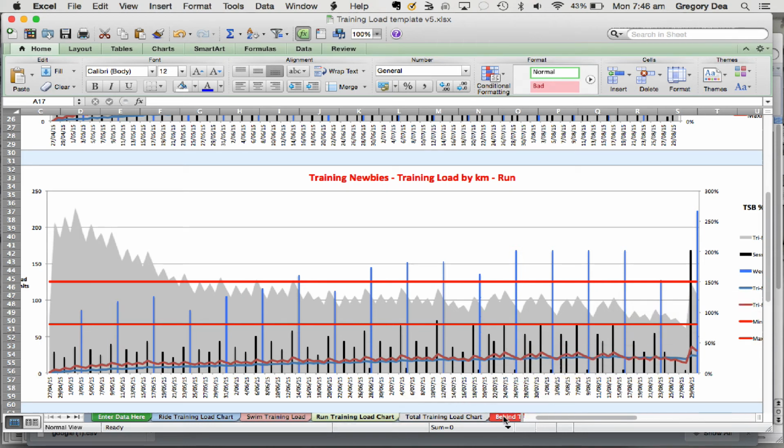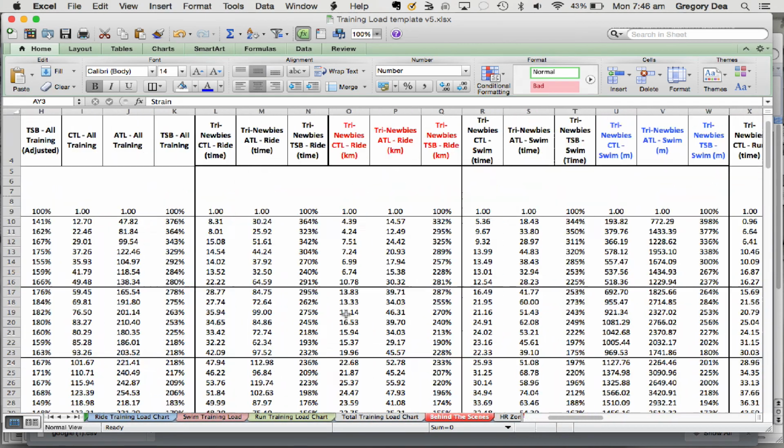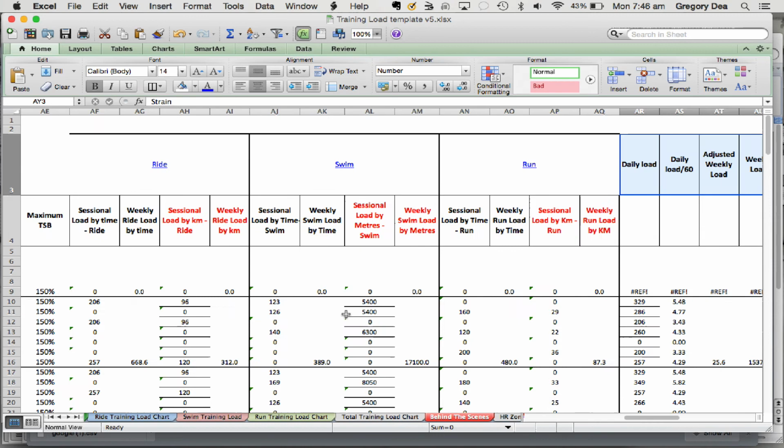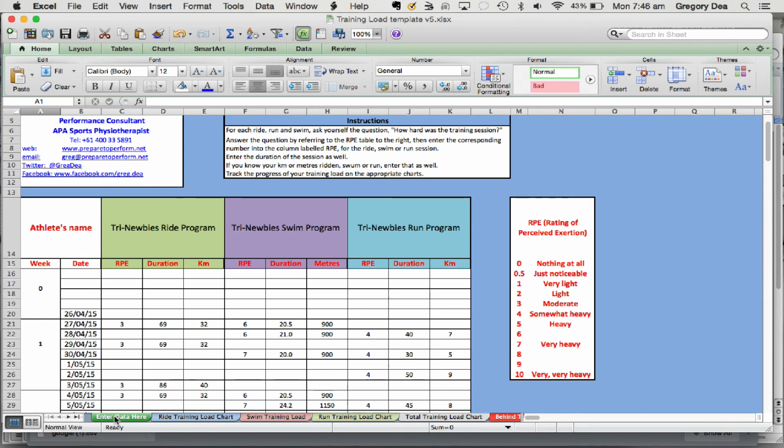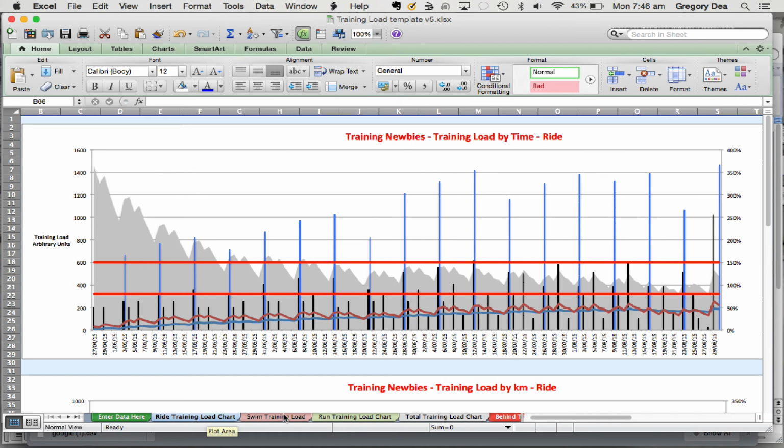There is a tab down here which is behind the scenes, and that is just where all the formulas are placed to give me the charts that are based on the front end of entering data. So an athlete that used a spreadsheet like this would only have to enter the RPE and the duration for each event and just track that every single day and watch what happens to their training over the course of the session. So they could populate an estimated plan for the entire 18 weeks, and then they could track the estimated plan versus the actual training load,